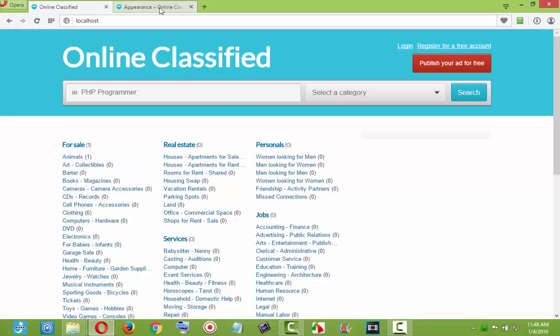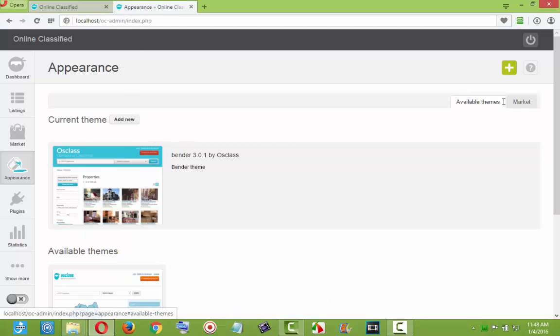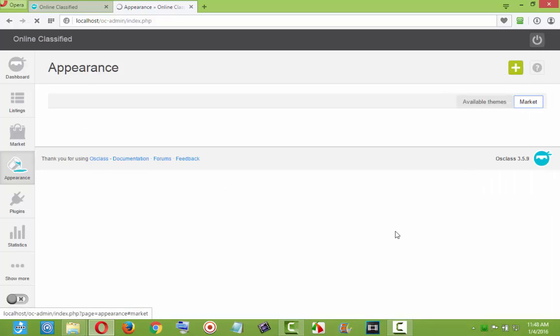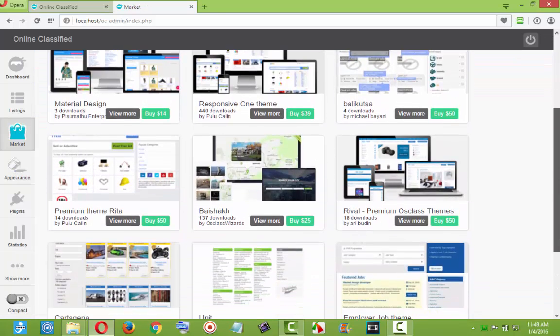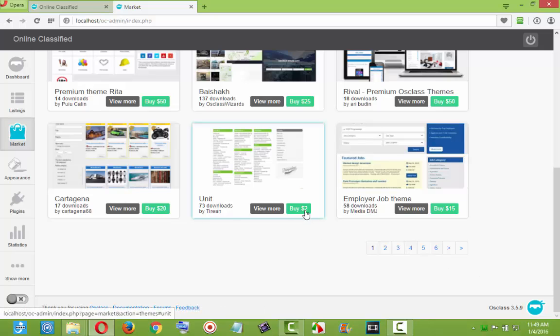The first thing we're going to do right now is go to the market over here. You can see the market, then it's going to load and bring out the themes available for this website. I'm going to give you another option apart from this market, because I'm running this site offline. I'm online right now, so I'm going to go offline. You can buy your themes here, or rather look for the free ones